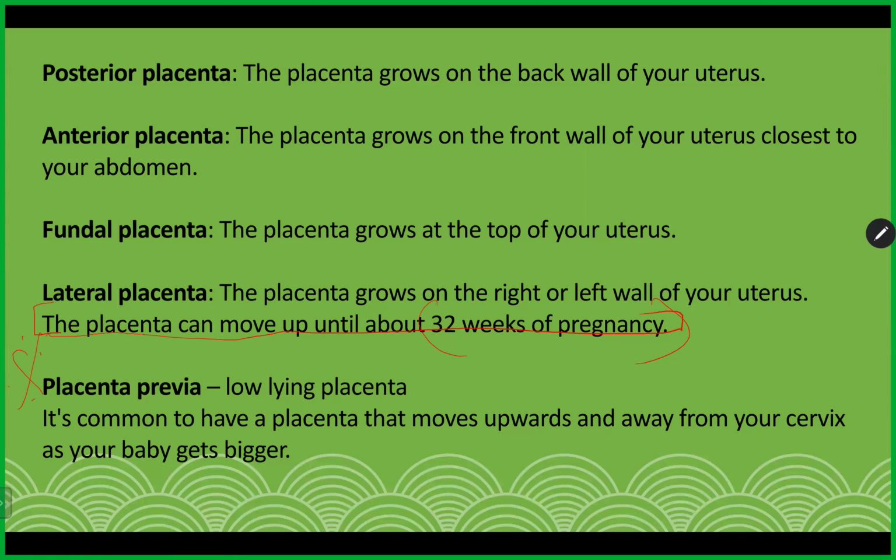Placenta previa is low-lying placenta. If this is your cervix and this is your uterus, just for instance, and the placenta is there, how can you have a normal vaginal delivery? The baby has to push through the placenta. If the baby pushes through, the placenta will rupture, which will cause bleeding, so your baby cannot be born alive. So that is about placenta previa. It is contraindicated for us. There is no physio management, no rotating of the uterus or anything in this condition because it is highly risky.